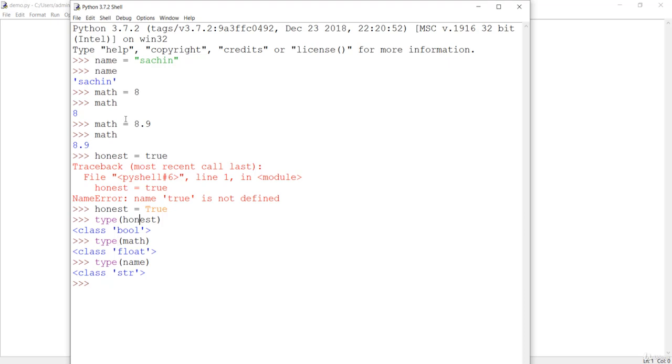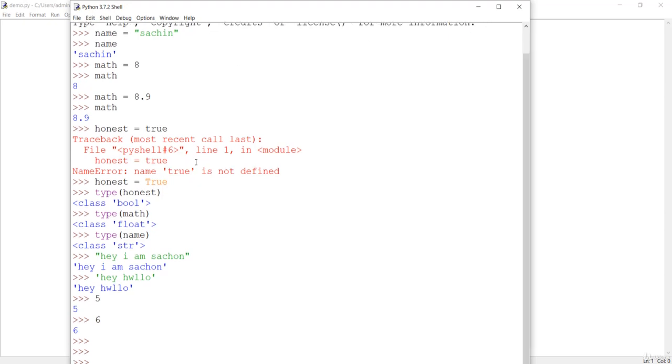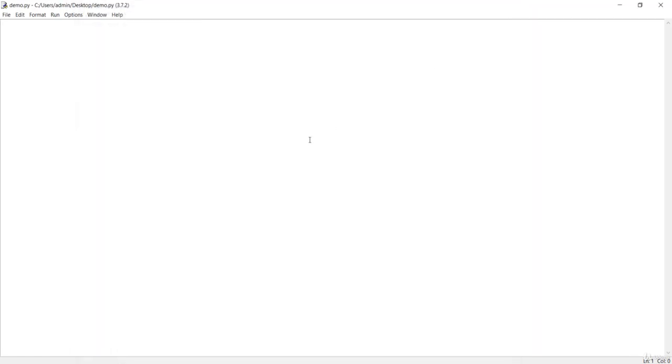So we have now studied the string, which is inside this double quote. Anything that is inside this double quote is a string. If you type something like, let me say, hey, I am, then this is also a string. Anything inside double quotes, or it can also be single quotes, hey, hello, everything inside single quotes or double quotes is your string. Another is your number, anything that is 5 or 6 or any number. And next is the boolean, which would be true or false. So you can see we have seen a bunch of fundamental data types over here.